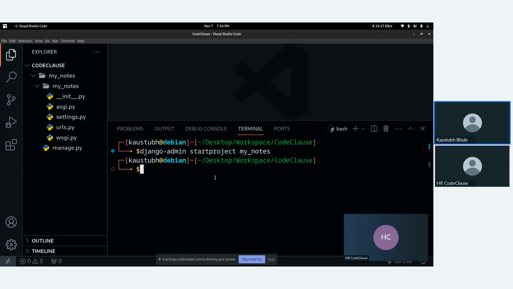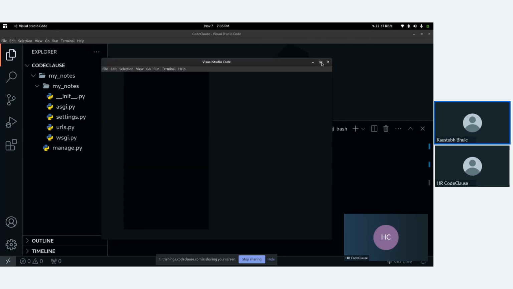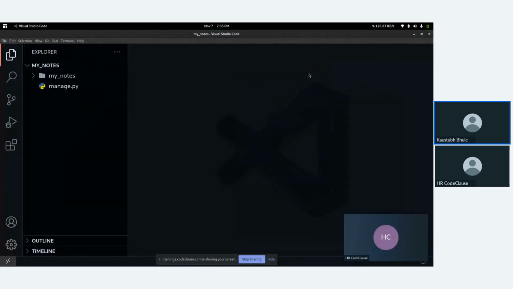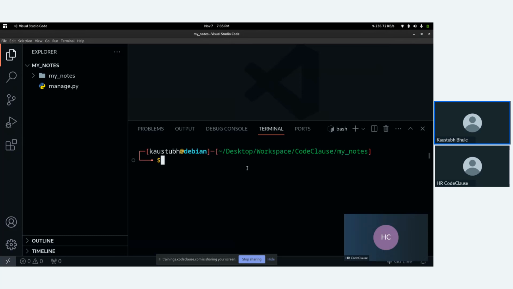So after executing this command, we will just open that project folder inside our VS Code. Okay, fine. After creating the project, we will run the same command again, django-admin, but instead of startproject, we will do startapp and the app name.